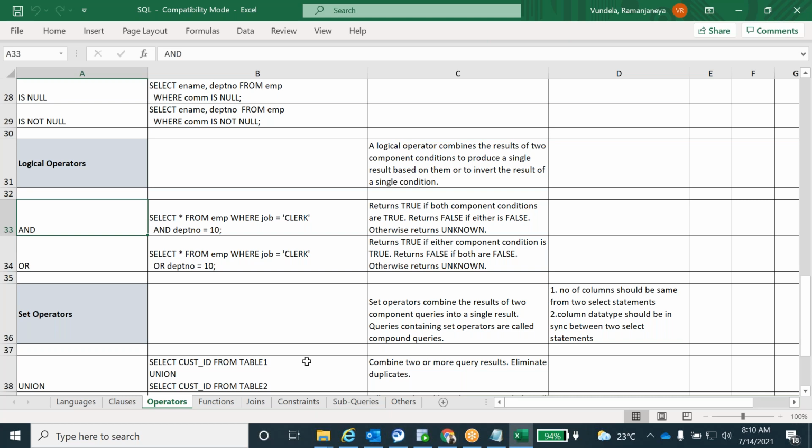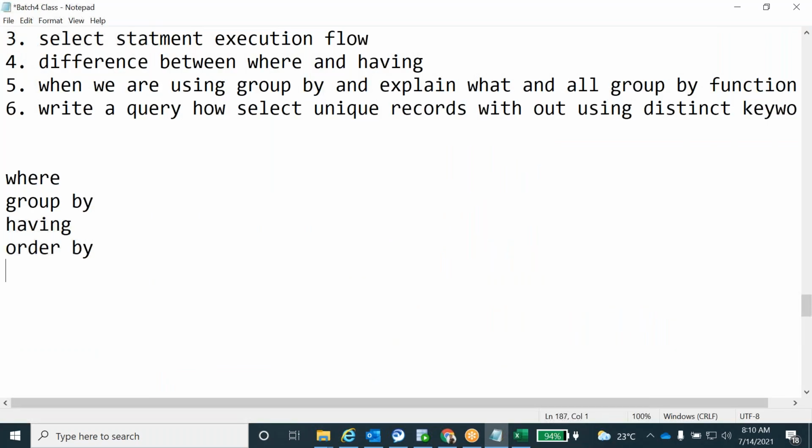So we'll see how AND and OR work. The combination I will explain here. Condition 1 AND condition 2. Whenever we give condition 1 and condition 2, if both are true, then only it will display the result.